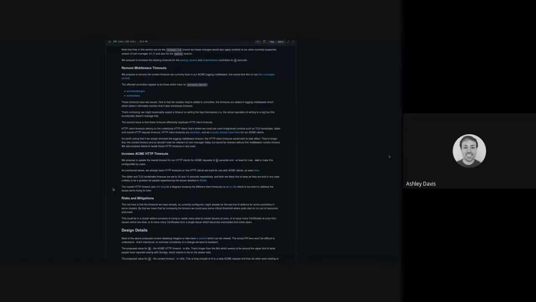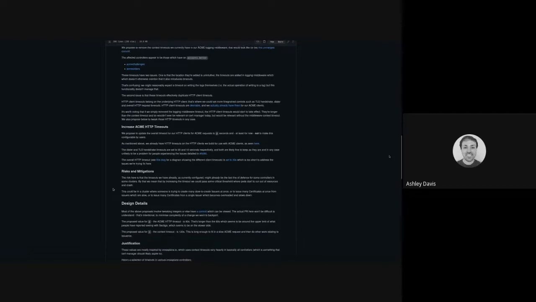There's also some timeouts added by a logging middleware for ACME. I think that's the wrong place to add them. There's a lot of words about that in this, and I had a PR to remove those timeouts. I'm going to take the commit from that PR and add it into any PR that I do in the future, because those timeouts are 10 seconds. They're added in a logging middleware, and we can just use the HTTP timeouts in the thing that we're wrapping using the middleware instead. And those timeouts will do the trick.